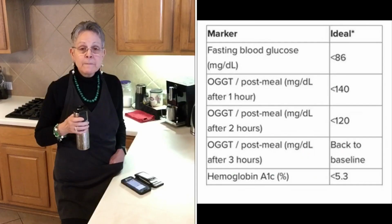Thankfully, I found Marty Kendall's article, How to Use a Glucose Meter as a Fuel Gauge, and when I started doing that, that's what made the difference for me. I do have to credit someone else, though. I said I'd been searching for 2 years to try to find answers on how to deal with my menopausal weight gain. And in one of the TrimHealthyMama groups, I found an image that I'll put up on the screen